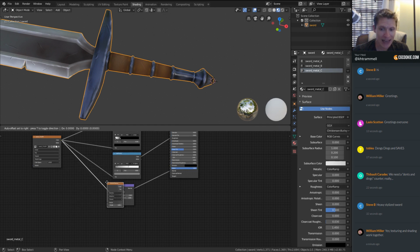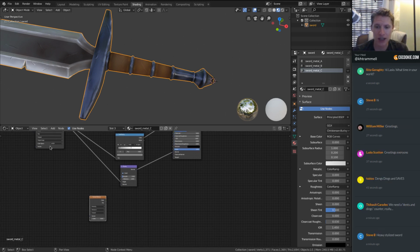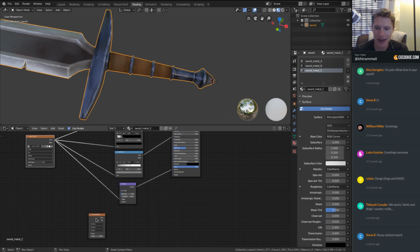Voronoi texture, right? That is a pattern. If you followed my tutorials much, love the Voronoi texture. It's got a lot of uses. In fact, today we're going to use it for 2 different situations. First, it's going to be this hammered look. So if we take the Voronoi texture,